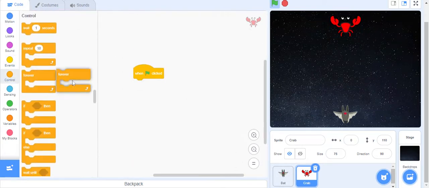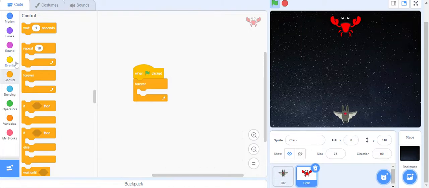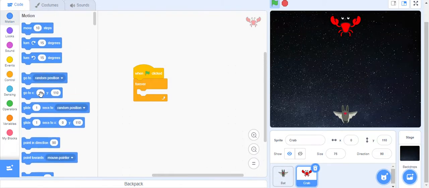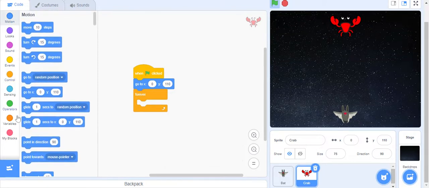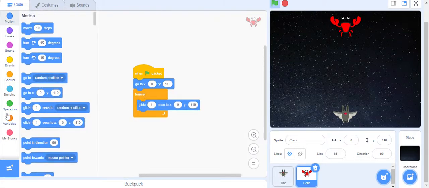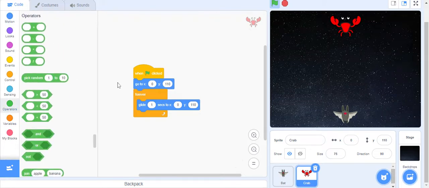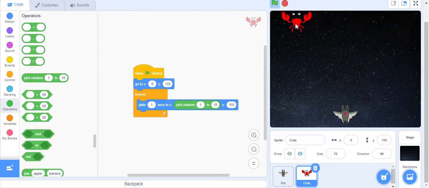When green flag clicked, forever block. But before that, put a go to 0 y 140. And now put forever, glide to x, pick random. So what is the maximum for this crab? 186. How about we keep that 180? Yeah, sure. Okay, now pick random